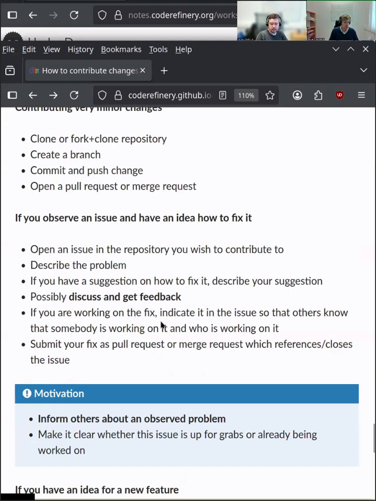So in this case, you will also create an issue first, where you describe the problem. Always over-explain what the issue is. You're not talking to people in person, you're doing everything by text. So be very specific and very concrete.